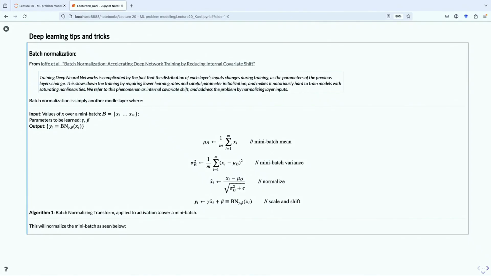That's the idea behind batch normalization. We could put layers into our network, and all these layers are doing is normalizing the output of layer n-1, and then feeding that normalized input to the input of layer n.